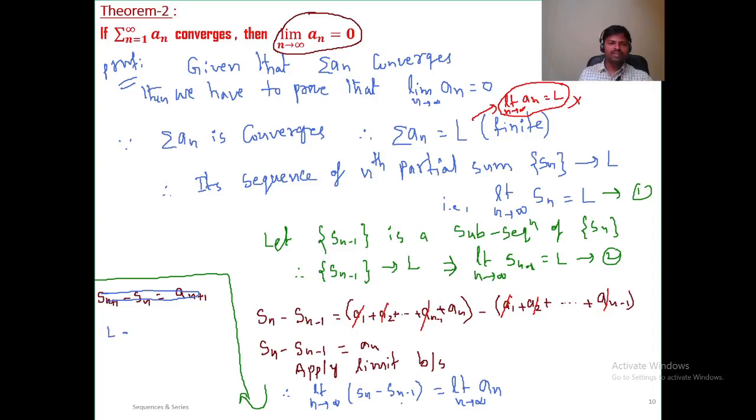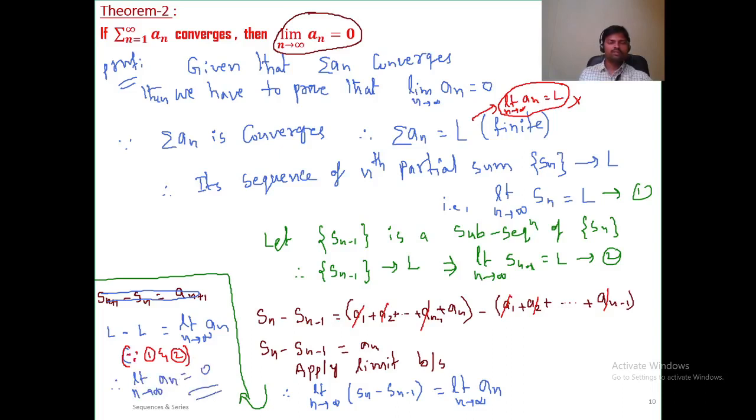And next, limit n tends to infinity of Sn minus 1, again this is L. L minus L is equal to limit n tends to infinity an, since by using equations 1 and 2 we have written this step. So the final conclusion is limit n tends to infinity an is